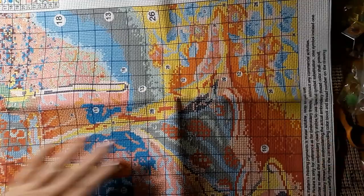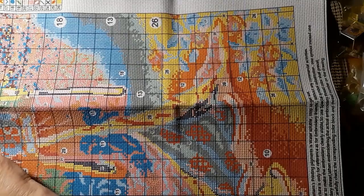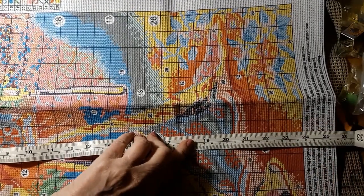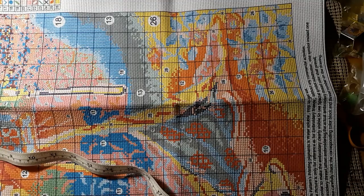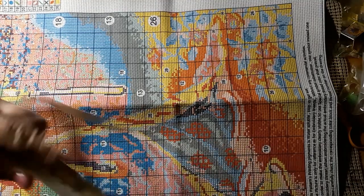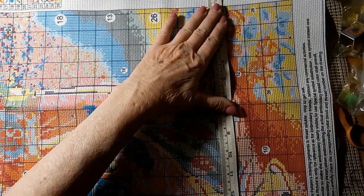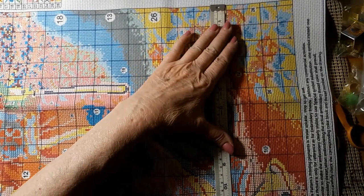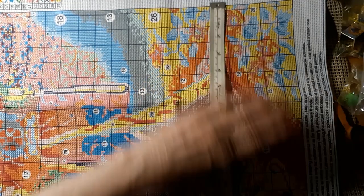Let me see if I can measure it. I'm not real sure. Hang on. It's kind of stiff, like canvas that'll have to be crunched down. It is 64 and a half. 64 and a half, which is like 25 and a quarter by 46 and a half this way, or 18 and a quarter. Actual picture size is 40 centimeters or 15 and 3/4